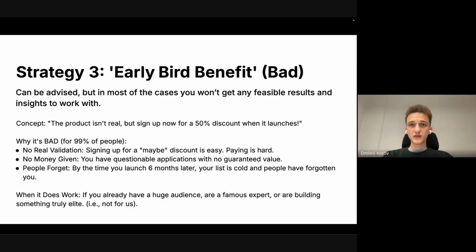The early bird benefit is the strategy when you don't really show anything. You just create the page where it says there is a product in development. Here is some description of what will happen, and you can subscribe to get some discount, to get updates and stuff,